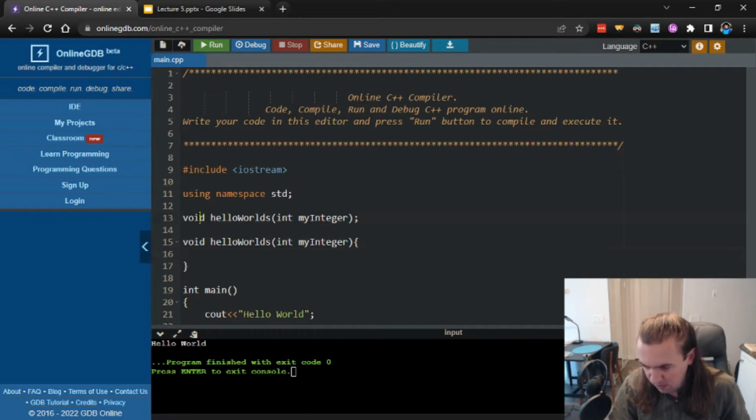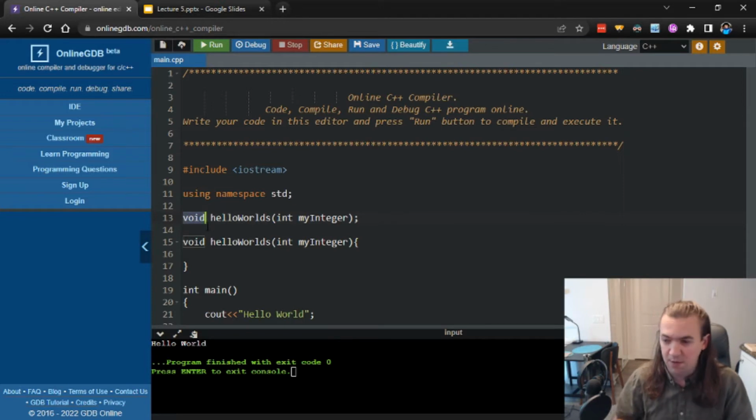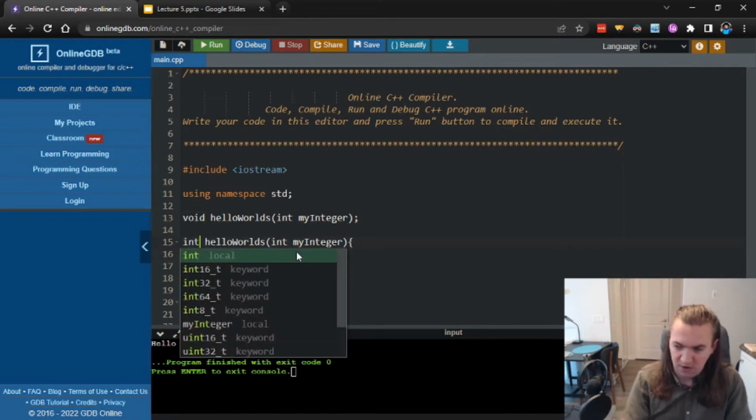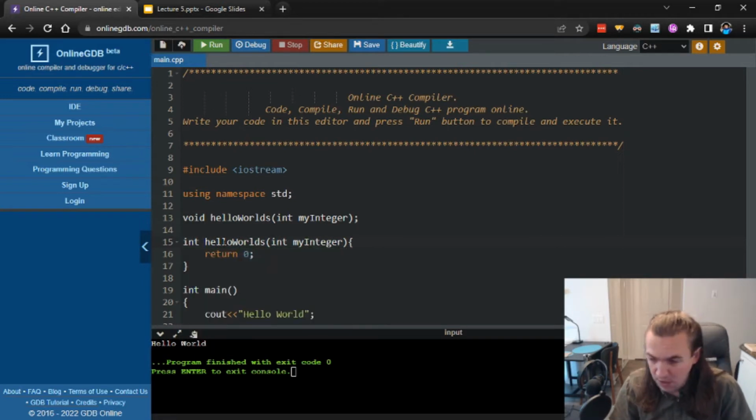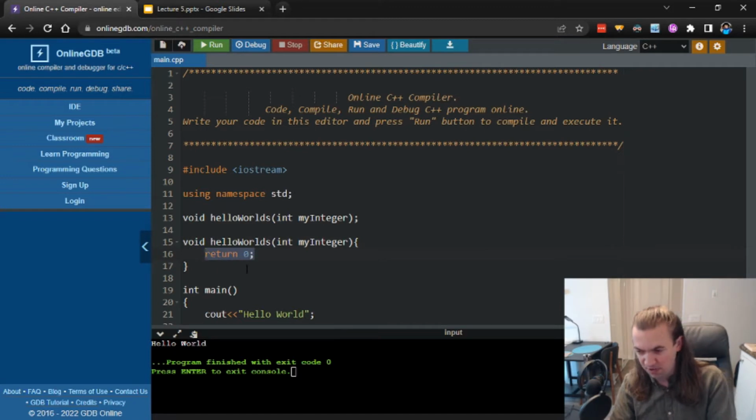Now, what is this void here? Where did this come from? Any function you write in C++, in many other languages as well, needs to specify what kind of value is going to come out of it. So if, for instance, my hello world was just going to give you back a number, say it was going to return 0, I would need to specify that hello worlds is a function that returns an integer value. But as I mentioned before, hello worlds isn't supposed to return anything. So we're just going to call it void hello worlds, meaning that there is no return statement,